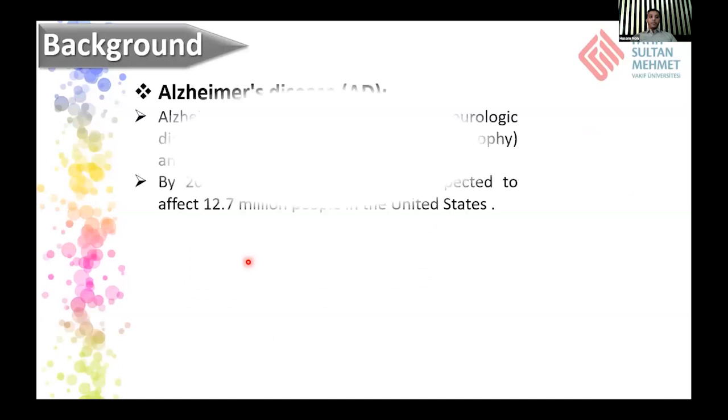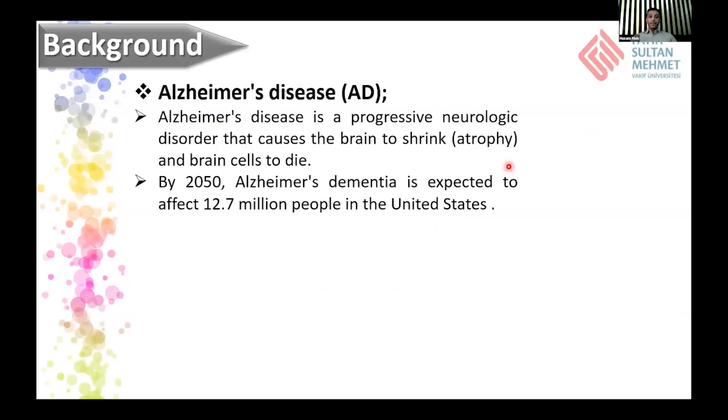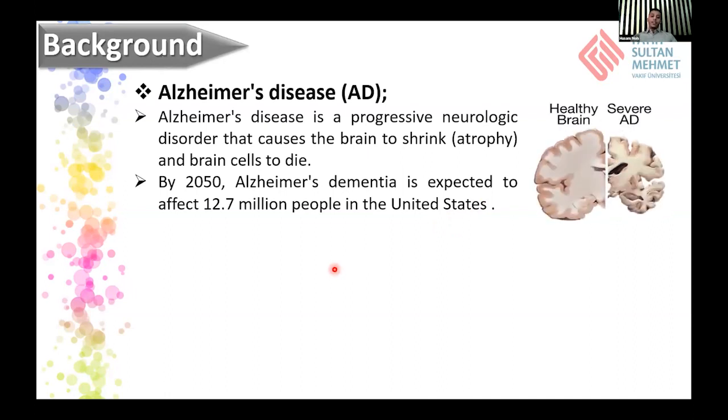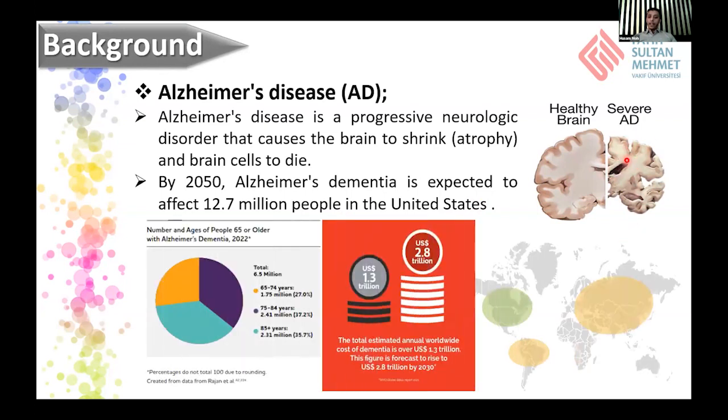Before I start my presentation, I will give you a background about Alzheimer's disease. Alzheimer's disease is a progressive neurologic disorder that causes the brain to shrink and brain cells to die. This disease was diagnosed by Dr. Alois Alzheimer in 1907, and it is thought to be caused by abnormal proteins around the brain cells. One of these proteins is called amyloid,